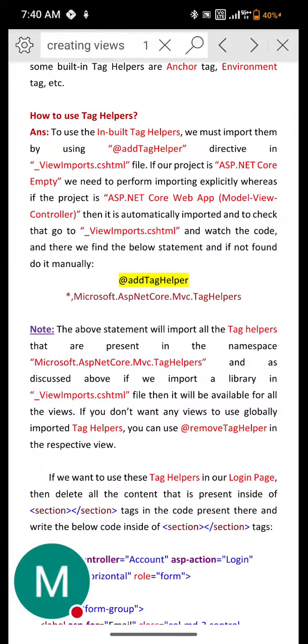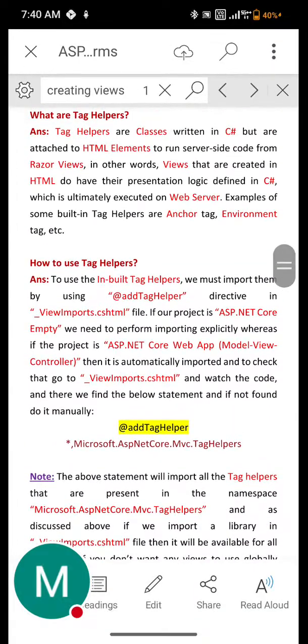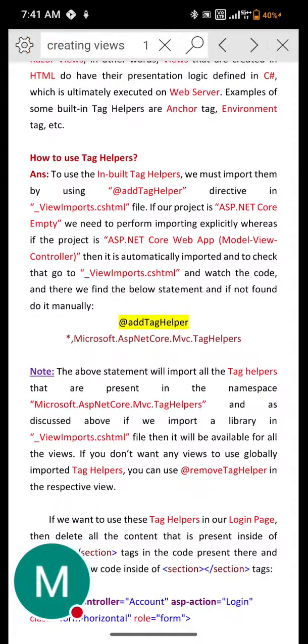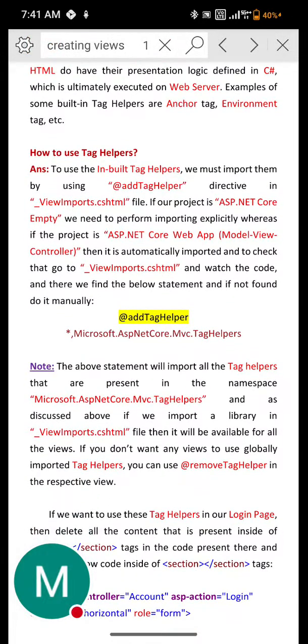How to use tag helpers? See, tag helpers are classes written in C# that run server-side code from Razor views. But how to use these tag helpers? To use the inbuilt tag helpers,